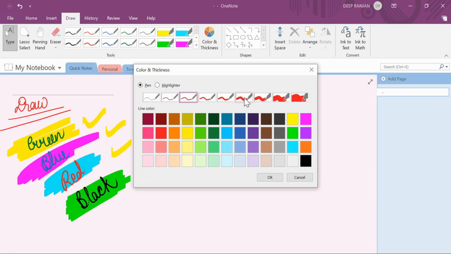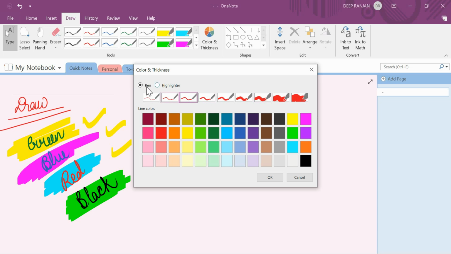All the options will be available here. This is 0.5 mm, which you can say is half of a millimeter. This is 0.7 mm. This is 1.0 mm. This is 1.2 mm. This is 3.5. This is 5.4. The 5.0 mm is the biggest size, and the 0.25 mm is the smallest size.